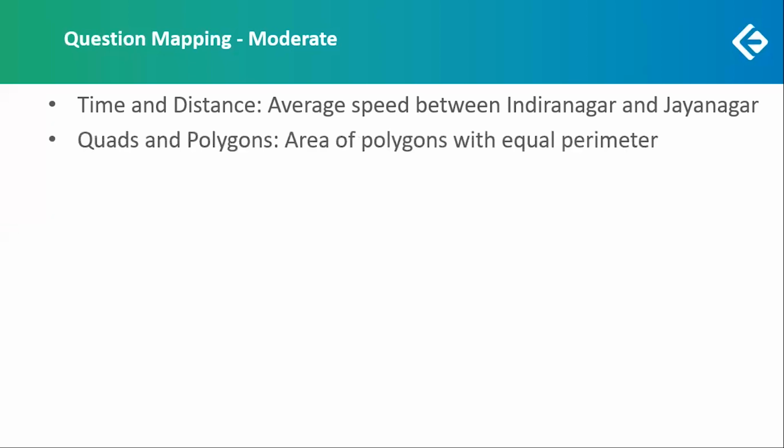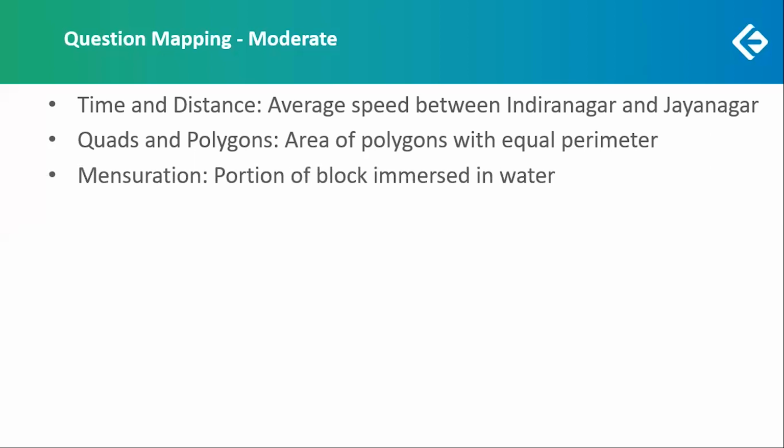Next was a question from chords and polygons, where different polygons were given starting from triangle, square, octagon as well as circle. It was given that all the polygons have equal perimeter and we had to find out some relation between their areas. So here one needs to know that for all polygons with equal perimeter, the polygon with the least number of sides has the least area. So triangle will have the minimum area, and as you go on increasing the number of sides, your area keeps on increasing, and finally technically circle being the polygon with infinite number of sides, it will have the maximum area.